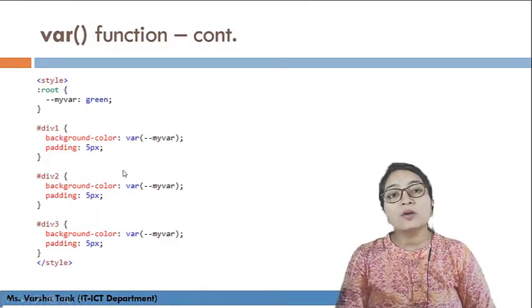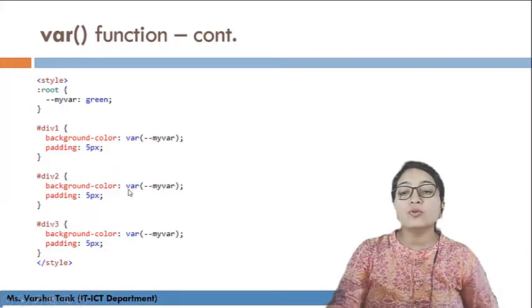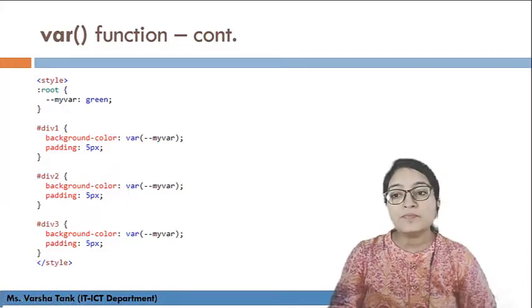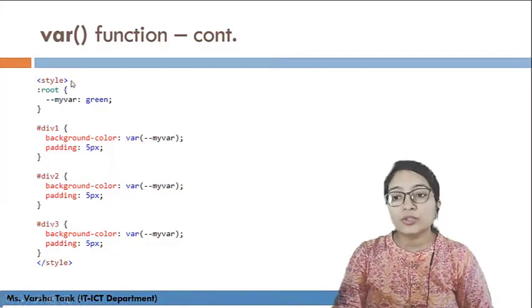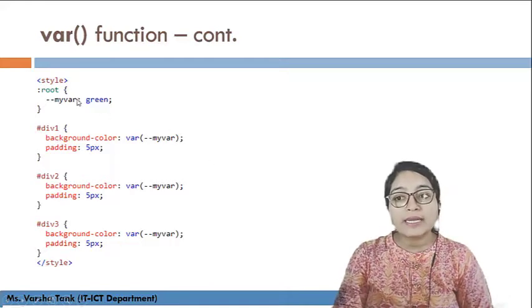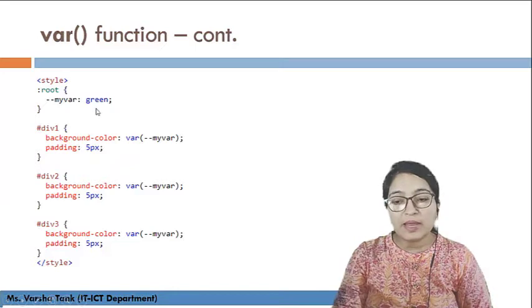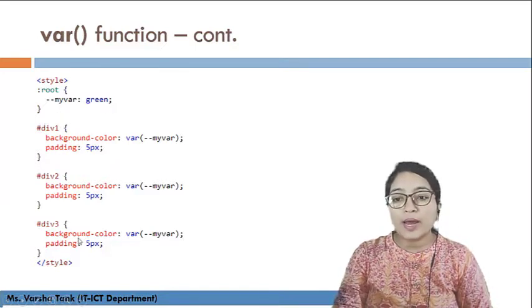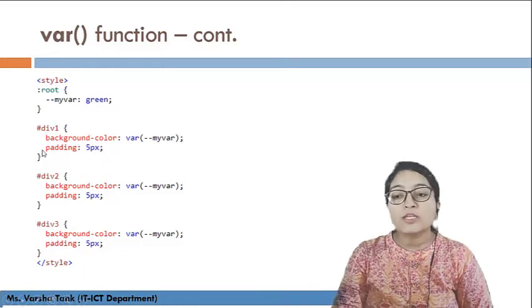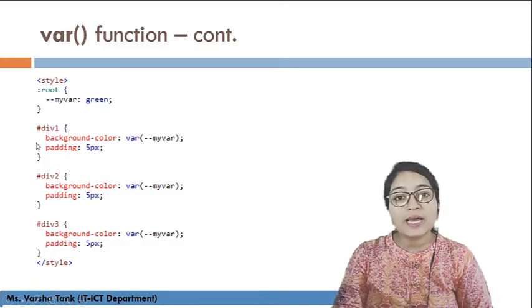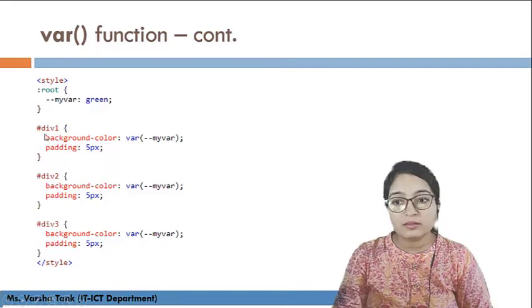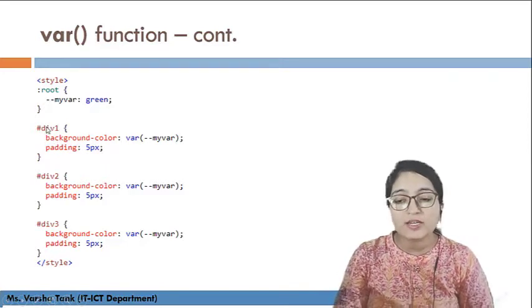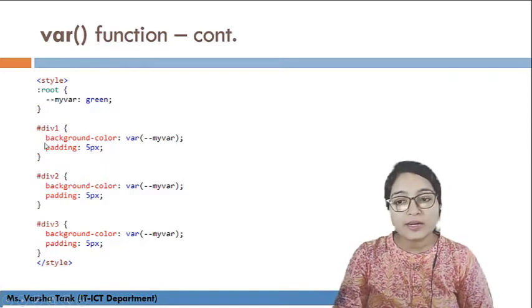Now here you can see how to define the CSS variable and how to use it. Here we have defined :root, that means we have defined it globally. Globally we have defined the variable name my color, and I have defined here green. So what will happen? We are going to apply this in the division. Here you can see the division as an ID selector, the hash. The ID starts with this hash. That means this is an ID selector.